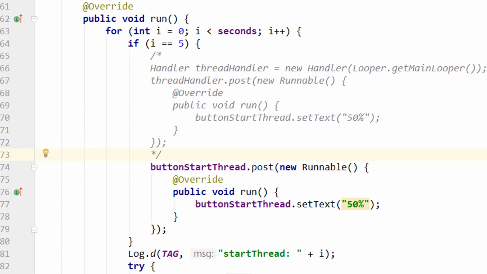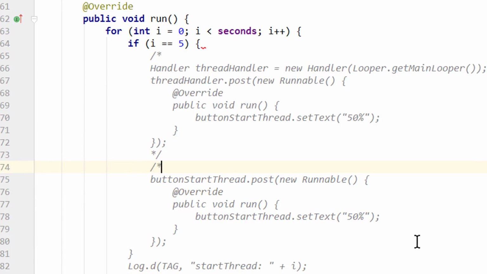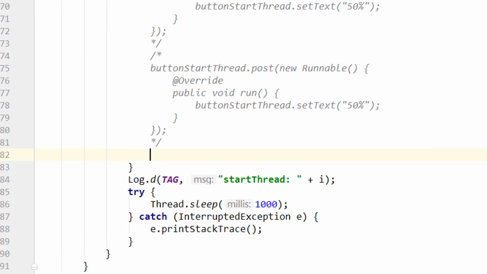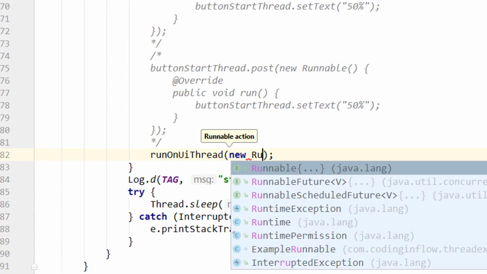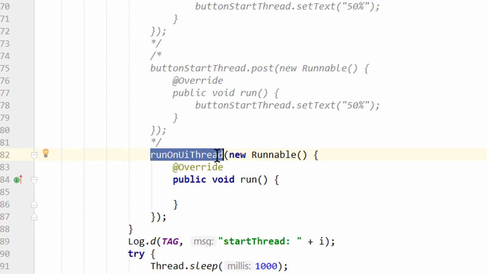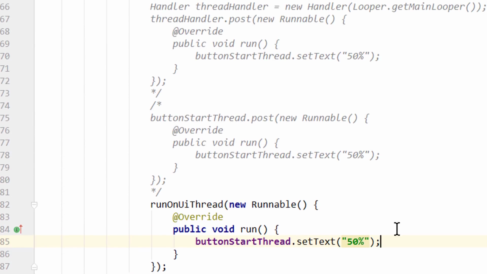And there is a third way, comment around this as well. We can also just call runOnUiThread, where we pass a runnable as well. runOnUiThread is an activity method. This is where we can call it directly here without any variable before it. And in here we can do the same. These approaches work as well, and I leave them as comments in here so you can take a look at the code in the description box.